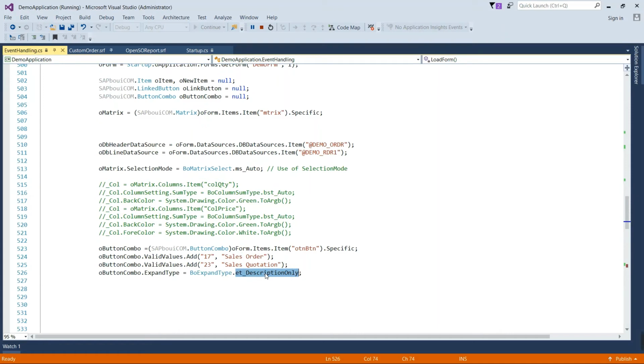So both are the same in behavior, but you cannot create a button combo inside the matrix column. And in the matrix column we have bound the valid values with the help of an SAP table. So what is the advantage of doing it this way?